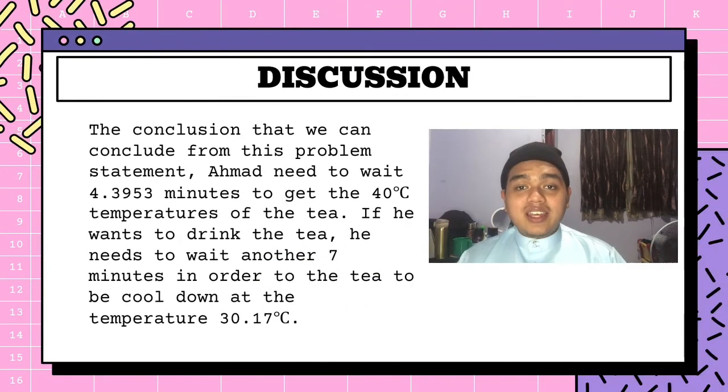The conclusion that we can draw from this problem statement is that Ahmad needs to wait 4.3953 minutes to get the 40 Celsius temperature of the tea. If he wants to drink the tea, he needs to wait another 7 minutes in order for the tea to be cooled down to the temperature of